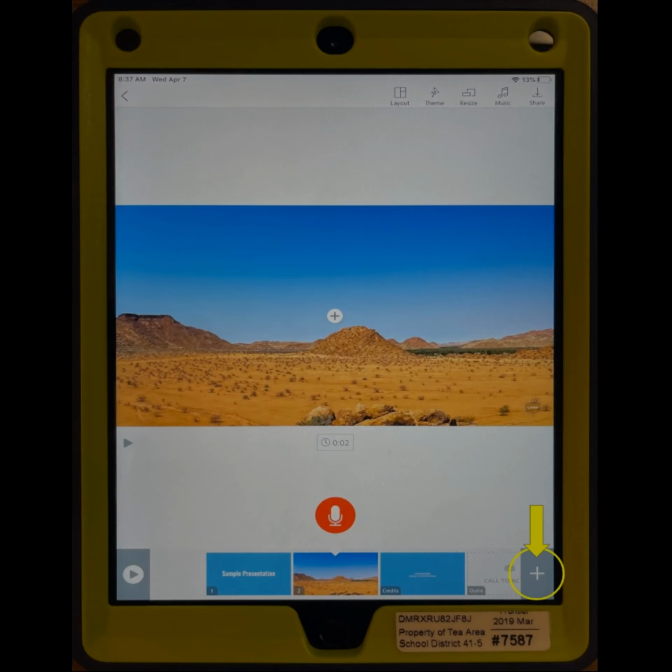As you're working on your presentation, you'll want to add additional blocks. To do that, you go down here to this plus button and you just click it, and additional blocks will be added. Up here in this toolbar, we have some additional things that we can do to edit and customize